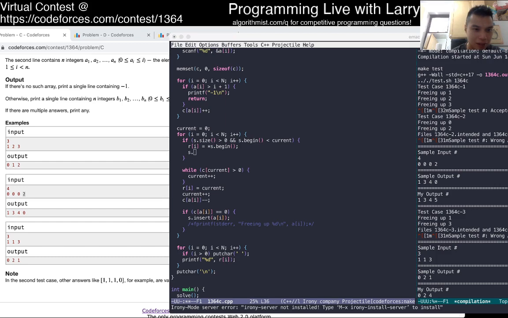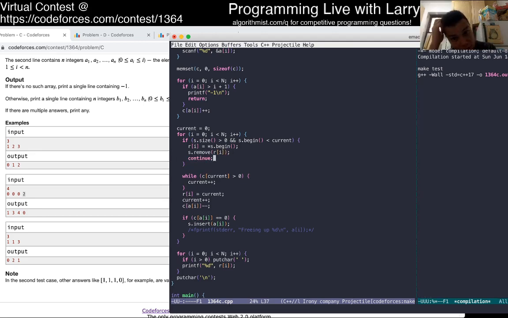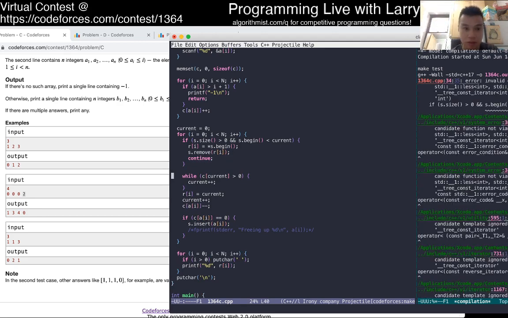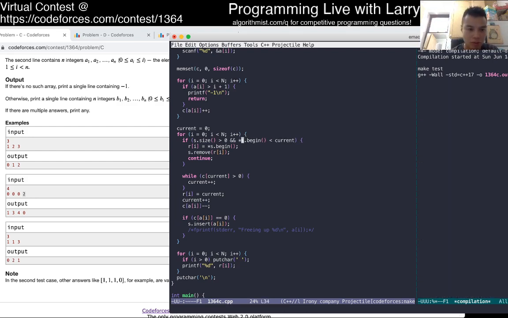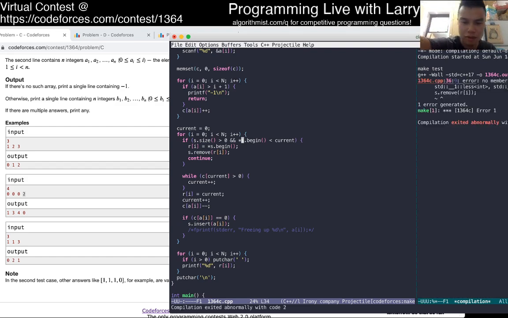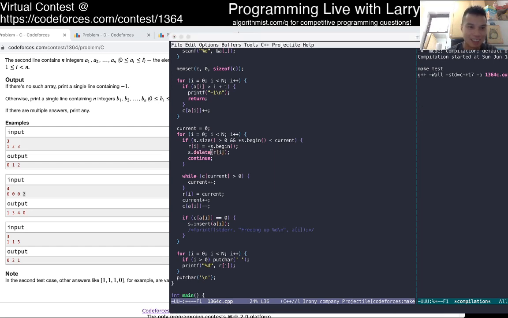I don't remember how to do these things. How do you delete stuff? Is it delete? That's not right, right? Set delete. Erase.